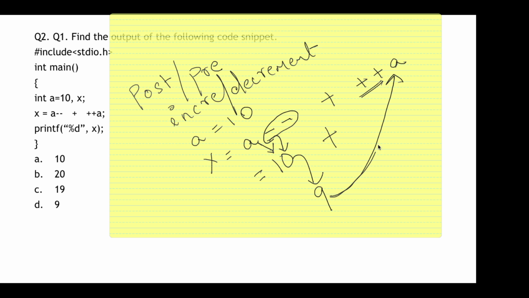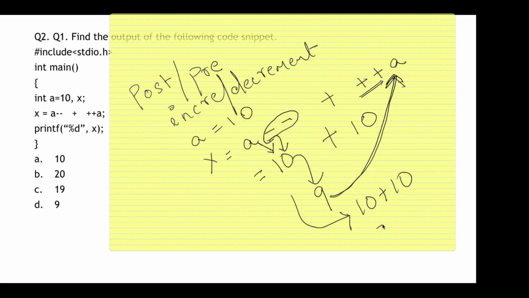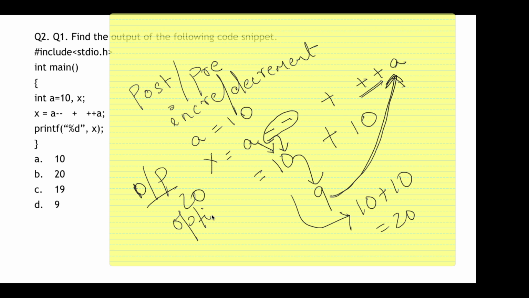So now when this 9 goes here, the value is incremented to 10, okay? So the output will become 10 plus 10, which is equal to 20. Okay, so here the answer is option B. The output will be 20 and the answer is option B again, okay?